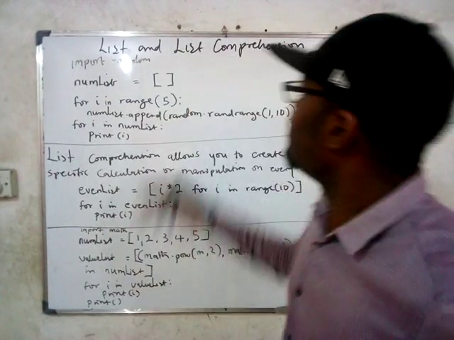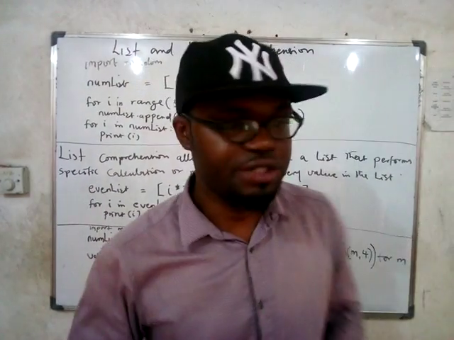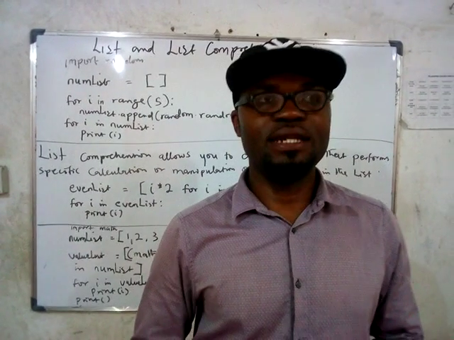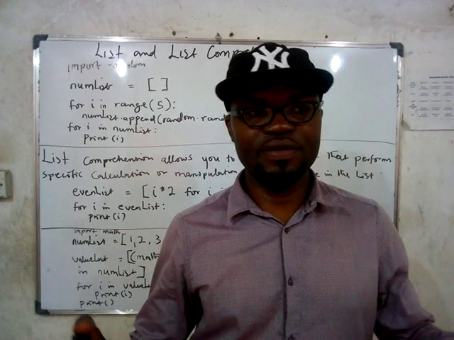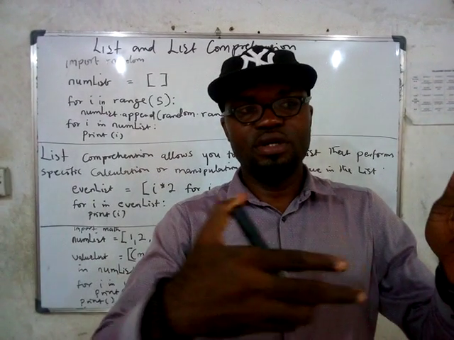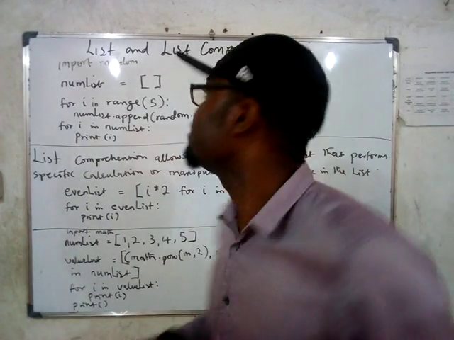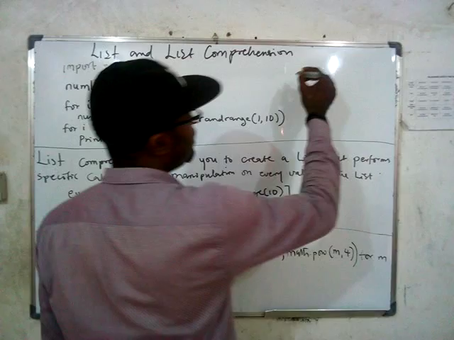Hello, welcome. Today we're going to be looking at list and list comprehension. We say that a list is that data type that allows a variable to have different values inside it. An example of a list, let's say you have